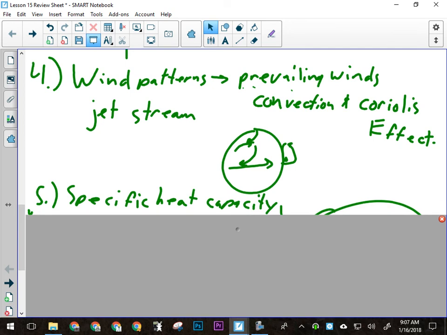All right, for number 5, specific heat capacity. You're going to have one specific heat capacity problem in the written response section of this exam. No, not water. That's a latent heat problem. This is just going to be a specific heat problem. So like, let's say